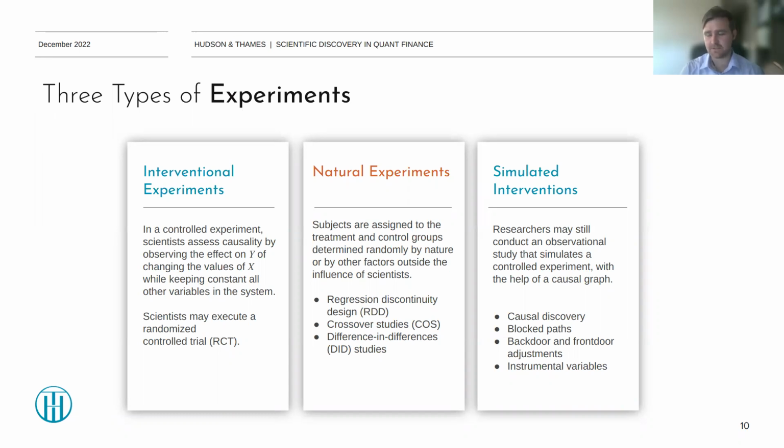Now, these are obviously the ideal experiments, because you can change the value of a variable X, for example, and directly see how it relates to the variable Y and if it has an effect. That's ideal, but in financial economics, I can't go back and change the market, just set the market variable and then observe it, right? You can try simulating it through Monte Carlo simulations. You maybe have a more mathematical idea of the market and simulate that. But that's the last one, the third experiment, simulated interventions.